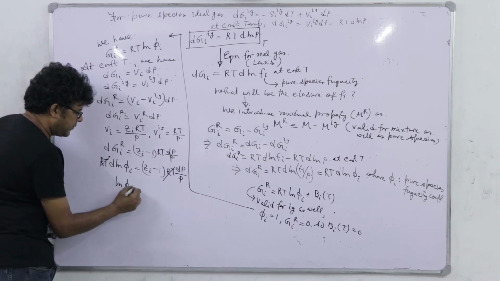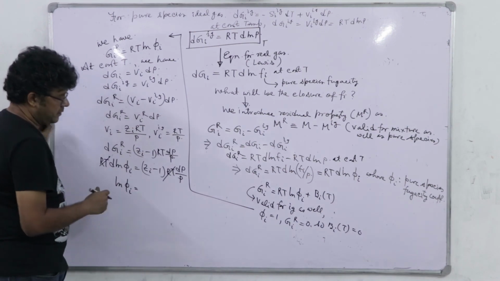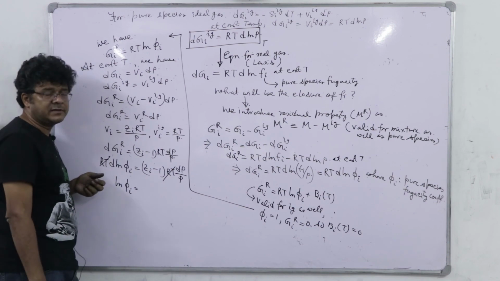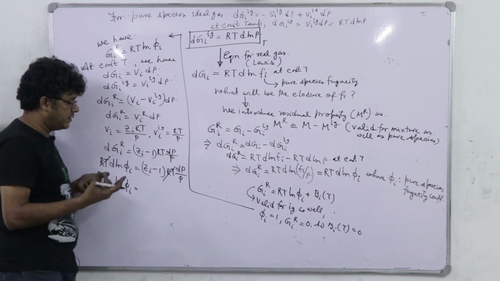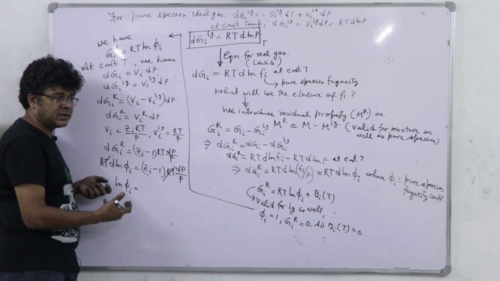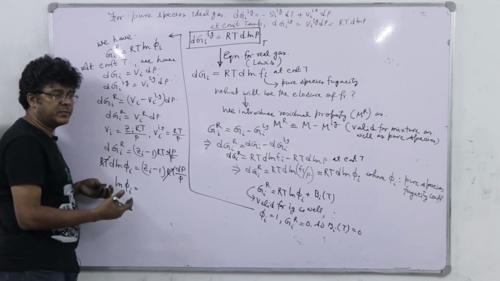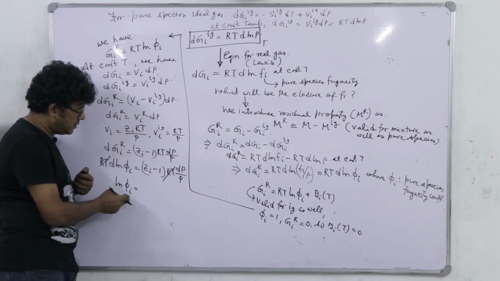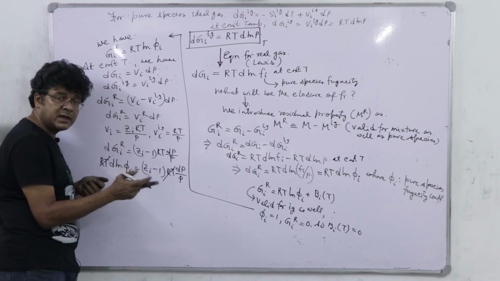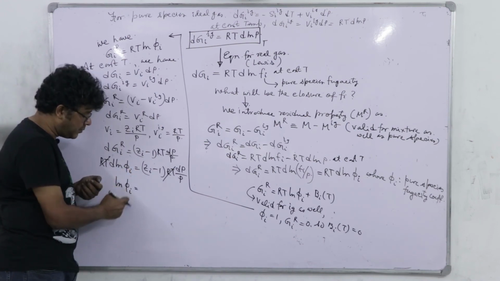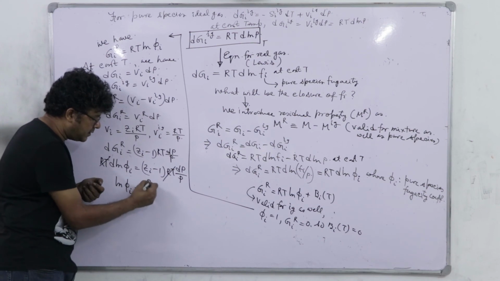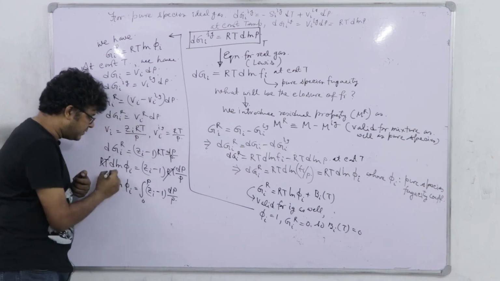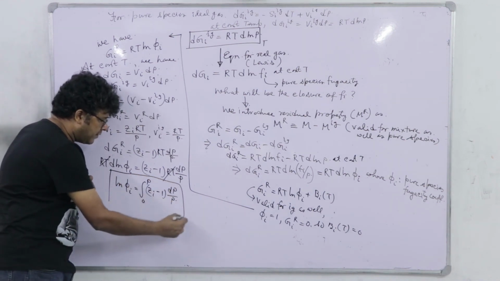Now, if I integrate from 0 pressure to the pressure at which we want to calculate the fugacity coefficient, at 0 pressure a real gas behavior tends to that of ideal gas, so for the lower limit phi i will be equal to 1. So, this is phi i by 1 actually, and on this side 0 to P, Zi minus 1 dP by P, and this gives you the closure of